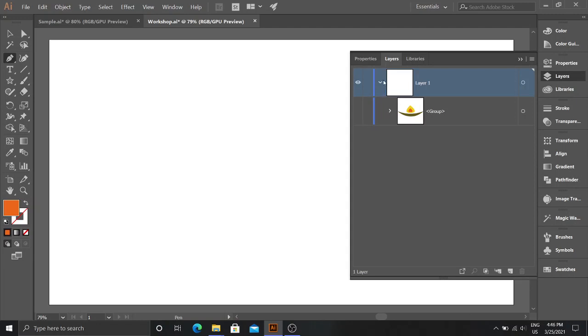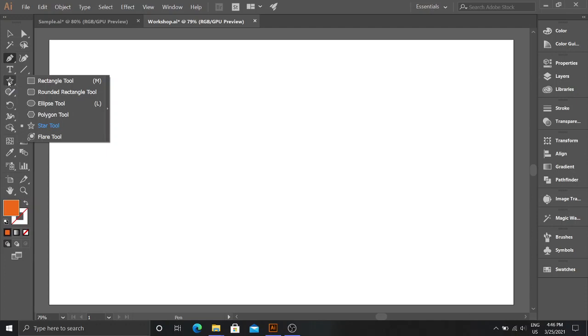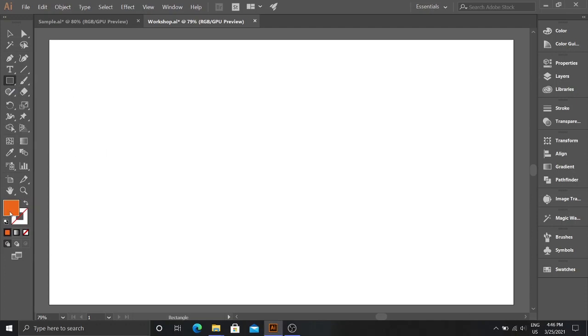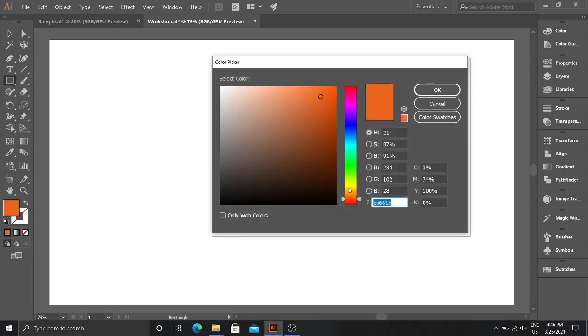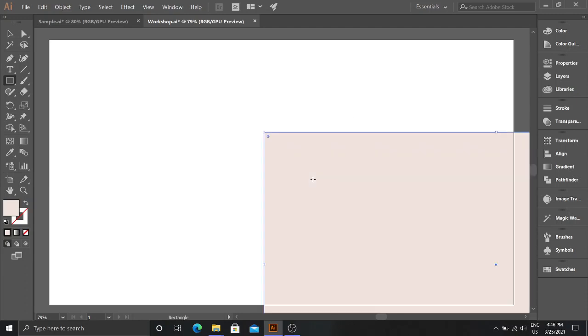First, let us get a rectangle here. Color should be something like this. Okay. So now I have a rectangle.